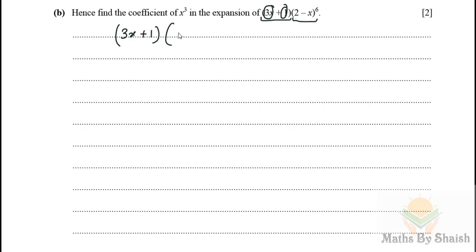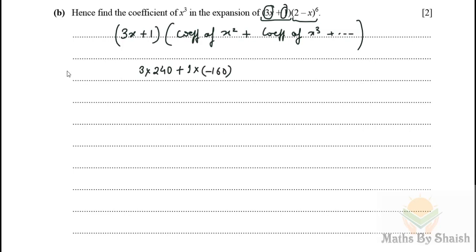cube, so we require the coefficient of x square and the coefficient of x cube. Other things we don't require to highlight. So 3 into the coefficient of x square, that is 3 into 240, plus 1 into the coefficient of x cube, and that is going to be minus 160. So altogether this will be the